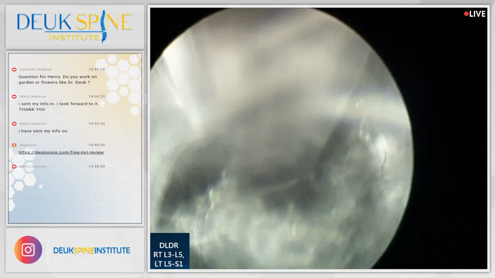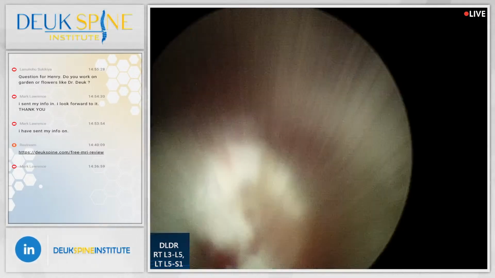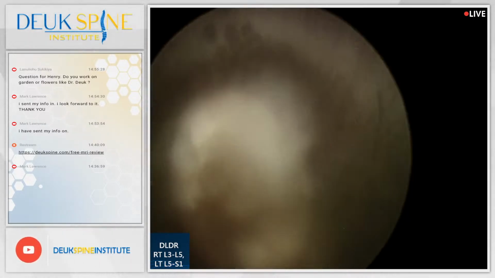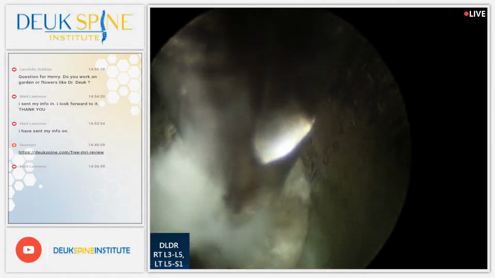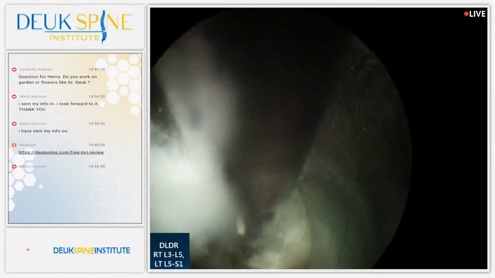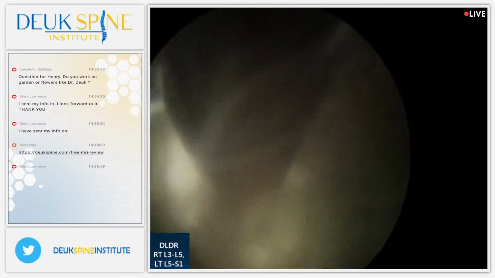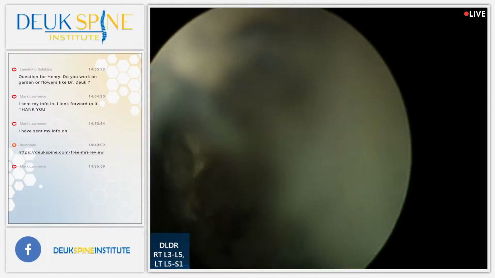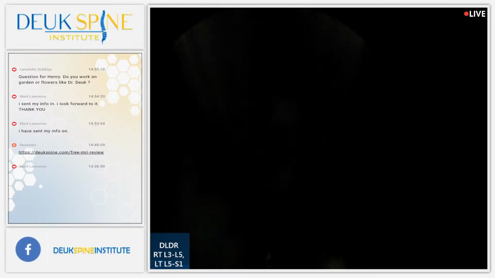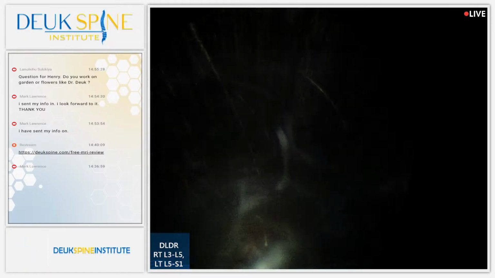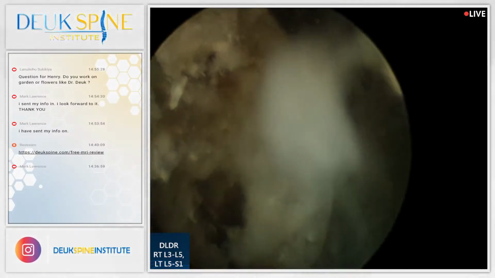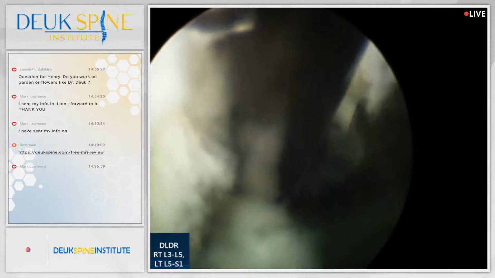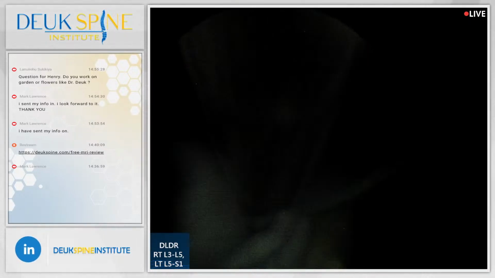Pituitary rongeurs are used in neurosurgery mostly. They're named after a procedure that they were first used for, which is to remove a pituitary tumor. Now, pituitary tumors are tumors that grow at the base of your brain, right in the pituitary gland, obviously. The pituitary gland sits at the base of the brain in a bony structure called the sella turcica. The sella turcica, Faisal will like this, it stands for the Turkish saddle,